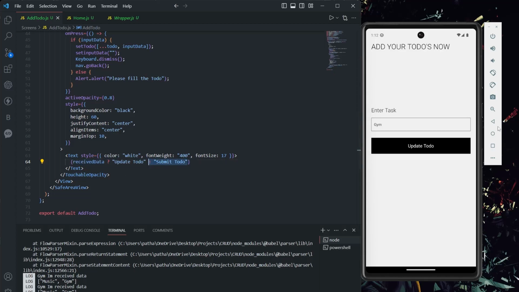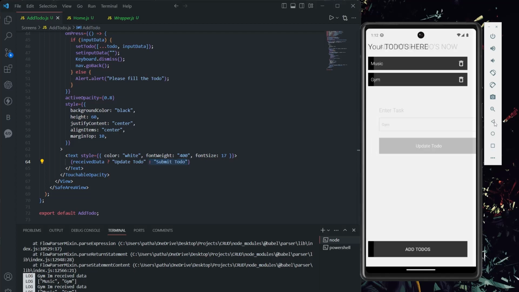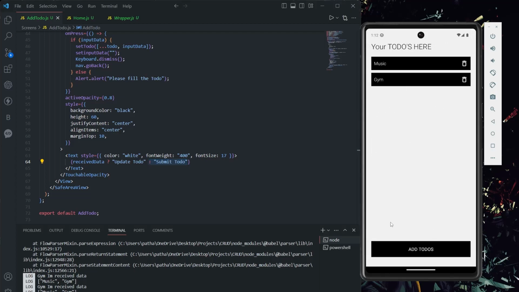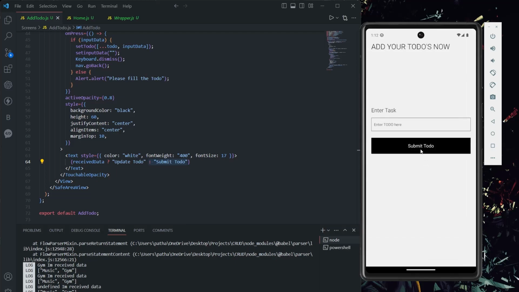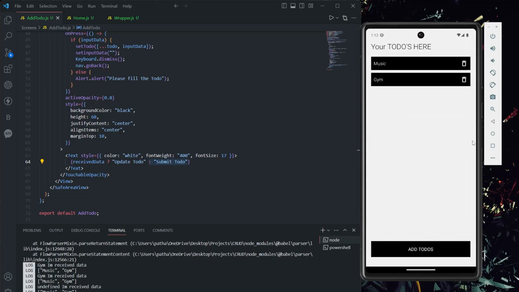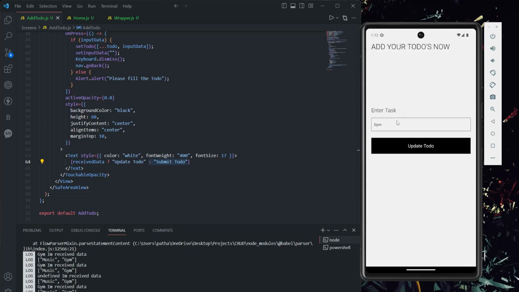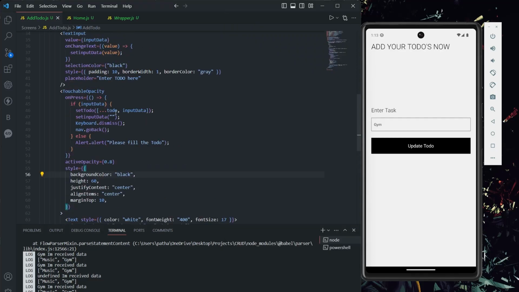That's it. Can we check whether that button functionality is working fine or not? Yeah, we can check. If I click on add to-do over here, it's showing submit to-do. But if I click on gym over here, that means our to-do exists. We are receiving data, right? That's why it's simply showing update to-do. In the same way, we are going to perform the onPress functionality as well. How to do it? Simple. Simply cut this whole thing